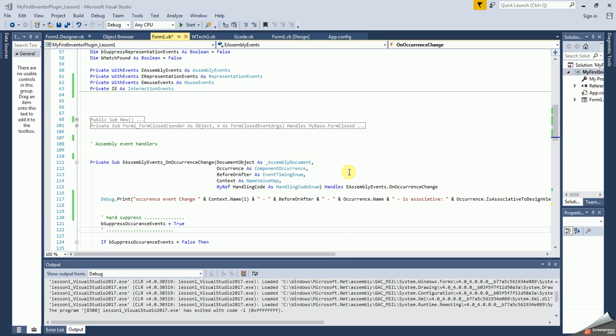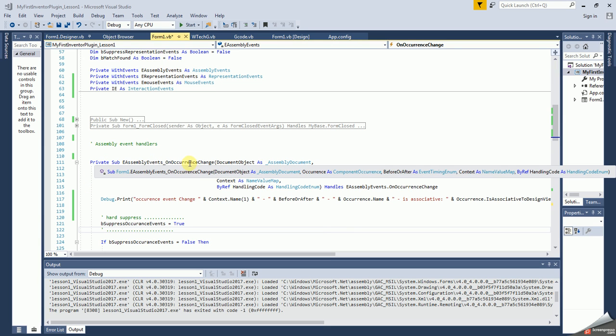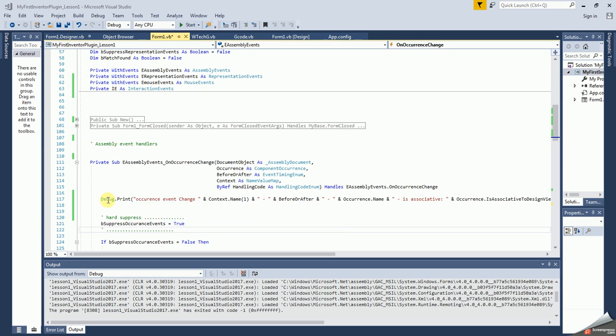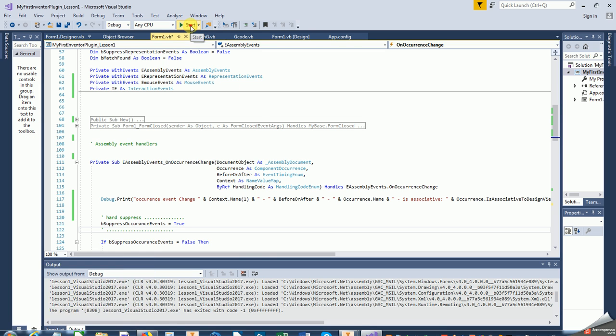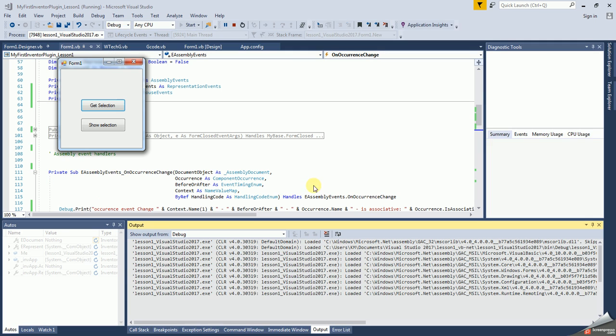Here I have my code, and currently it is reduced to only listen to occurrence change events and to debug print basically what event occurred and what the associative to design view status of the occurrence is. And basically I am looking for an event that for some reason is not happening, and I want to explain that. So if I launch my code